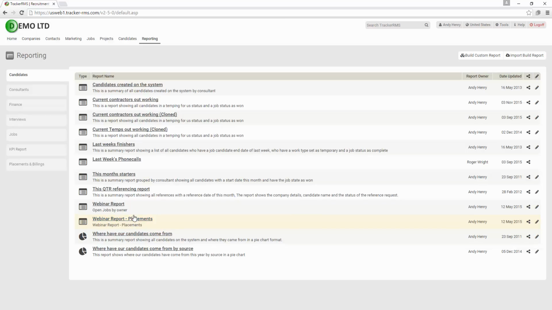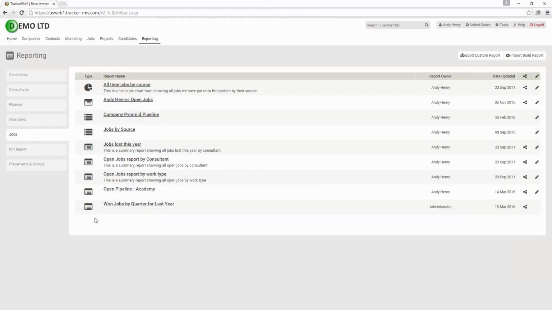So that's building one example of a simple report. Obviously, there's lots of different views and lots of reports you can build, such as around activities on the system. You could do it around candidates being created, jobs being created, really any type of data that you have. Next, we'll look at some advanced functionality, and we'll take that same report and show you how you can